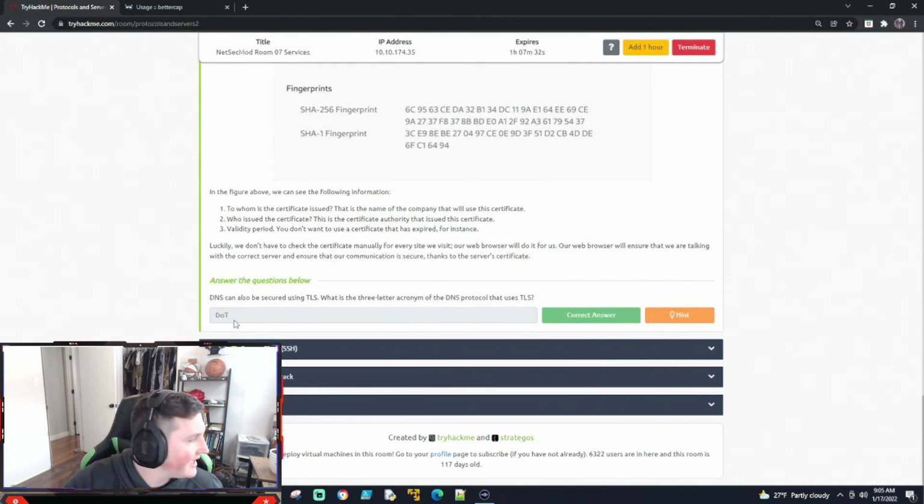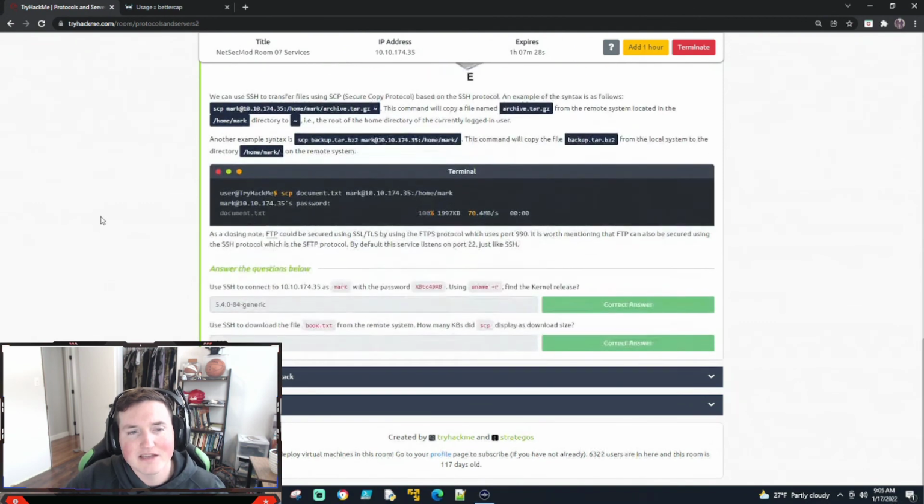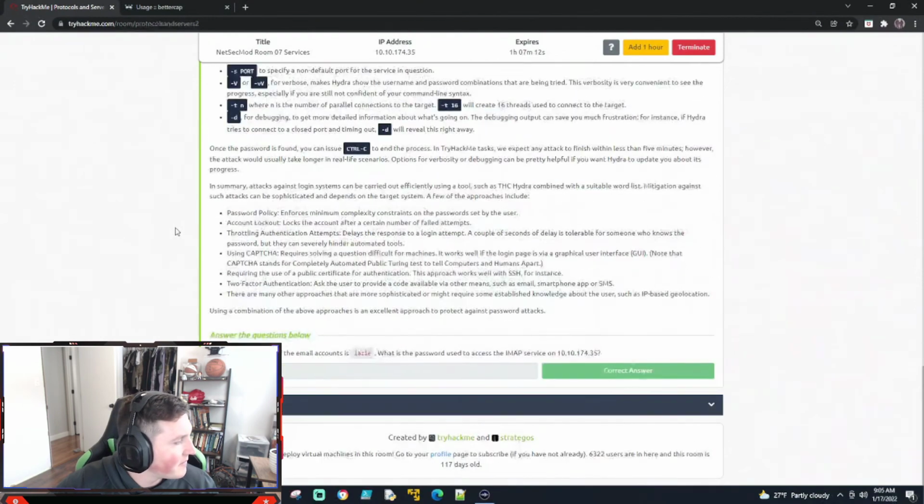Here's the dot SSH. There's the actual kernel release, and then there's the size. The size is 415. I know you guys can't see it. I can see the camera's blocking it. And then the password is butterfly, lowercase.